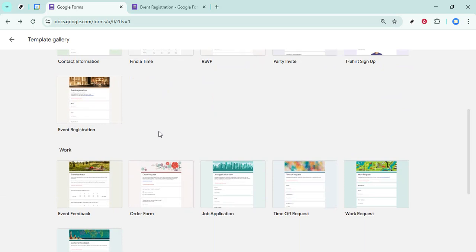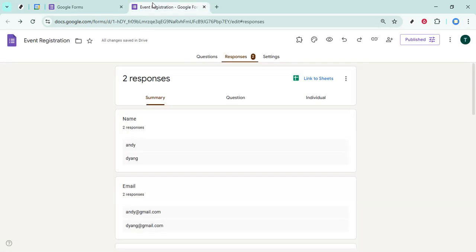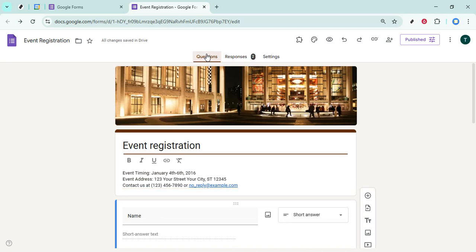From the gallery, choose the event registration template. Even if you're not hosting an event, this template is great for lead generation because it typically includes fields like name, email address, and a few qualifying questions. It gives you a professional structure right away, and you can always tweak the text later to match your offer